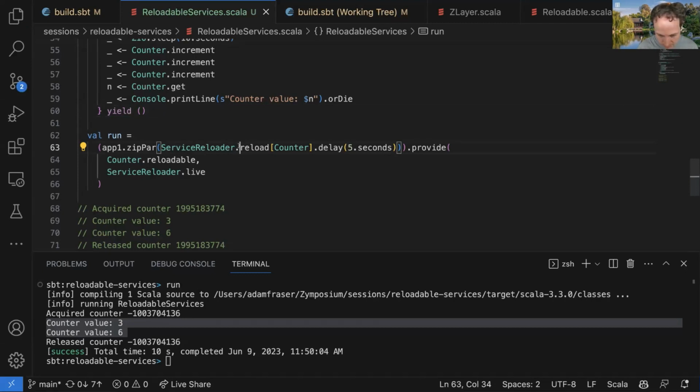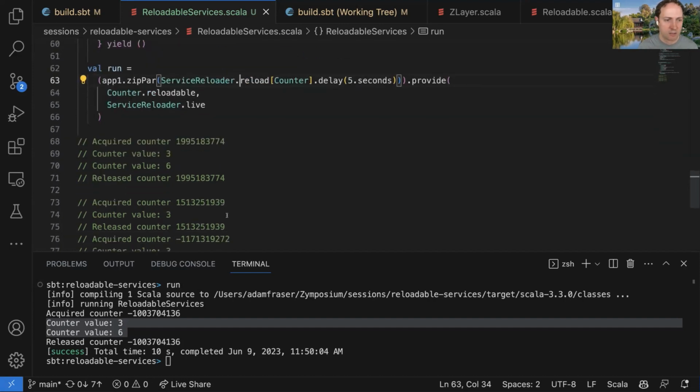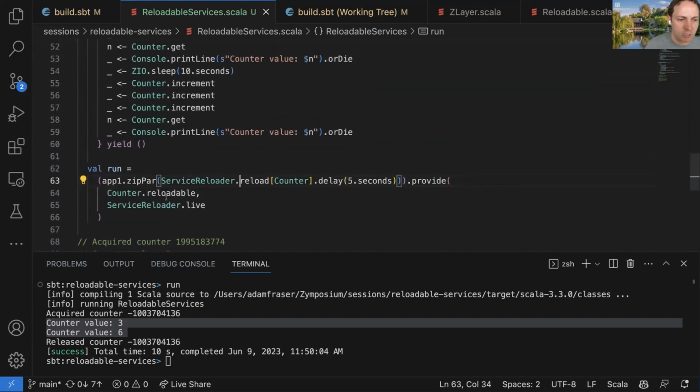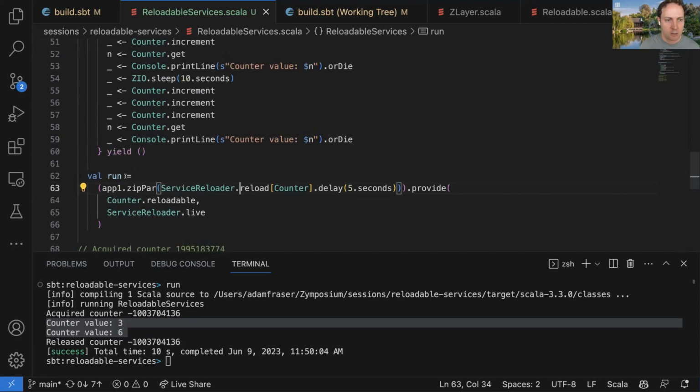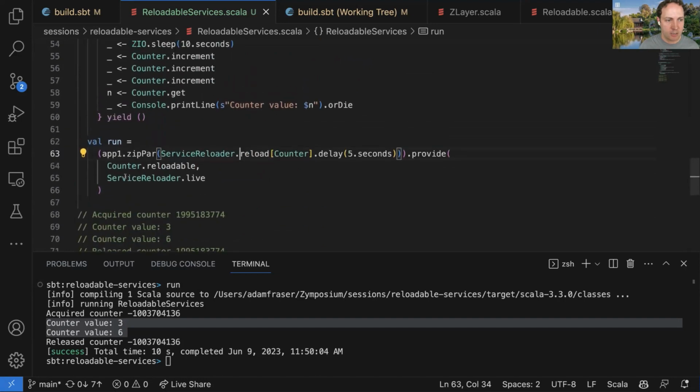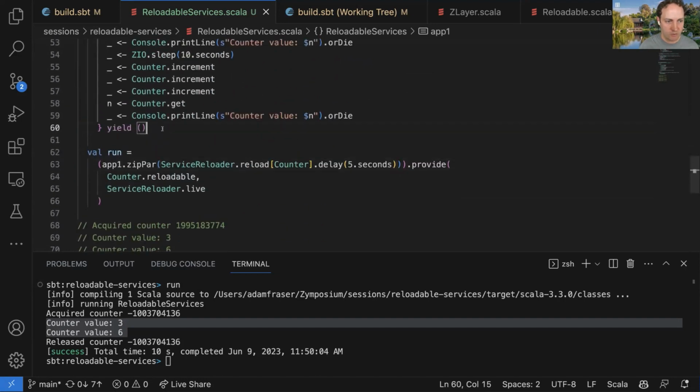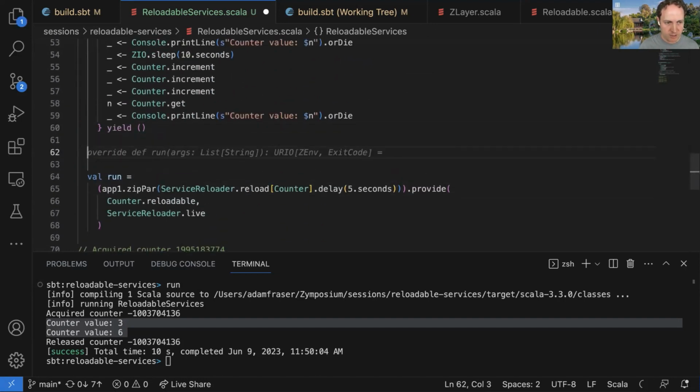And then there's a question of what if you register multiple services to be reloaded, but you specify the wrong service to reload in the wrong context? There's not really a way to do that, because imagine here, I guess we'll have to create some other service, but